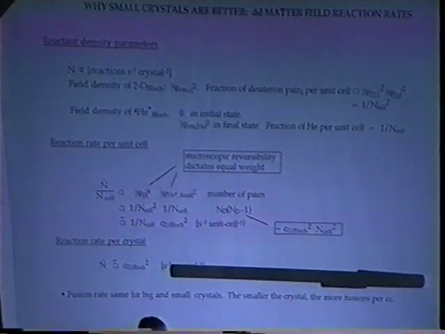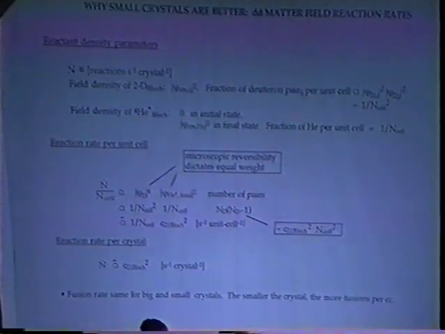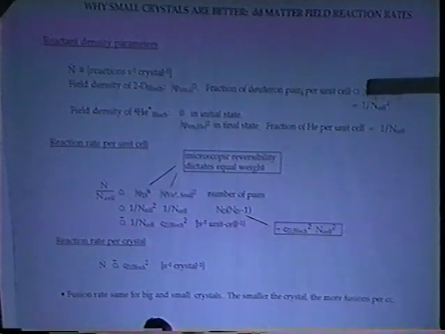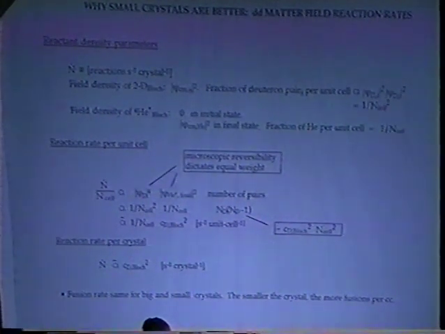Well, this is basically not a collision, it is a self-interaction of a quantized matter field. The reaction rate calculated by the Fermi golden rule depends on the strength of the matter field that's present in each unit cell. And the matter field concentration is really measured by the amplitude squared of the deuterons normalized to the unit cell size. And since it's a two-particle reaction, this normalized wave function has each deuteron introducing a factor of 1 over N_cell